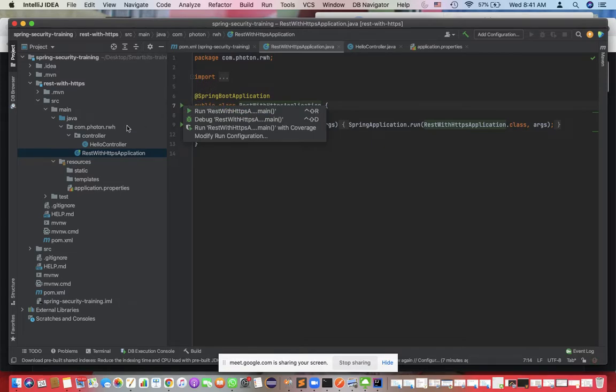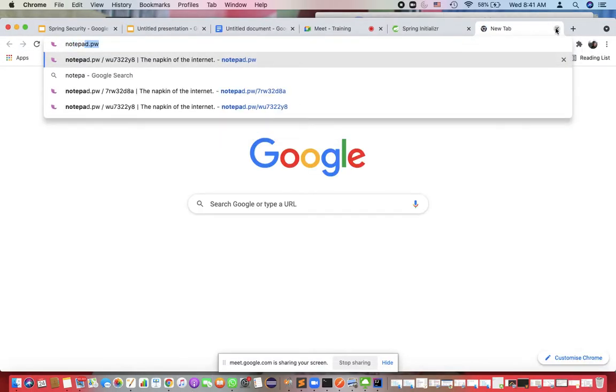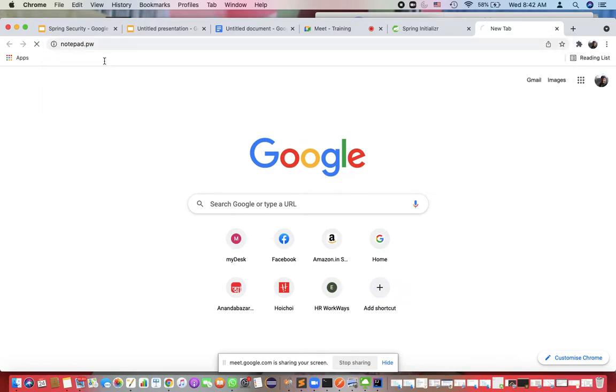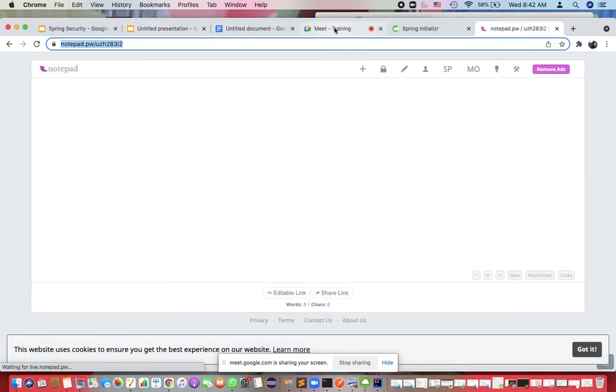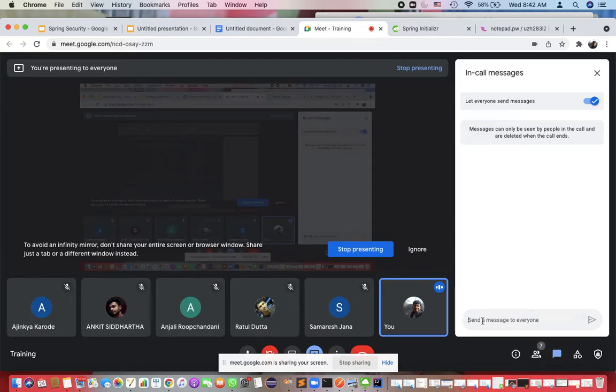Okay, if you are writing the code, let me do one more thing. I think this will be really fast, right? I'll use one notepad server, and if you write something in this, you can access this notepad server from your laptop.